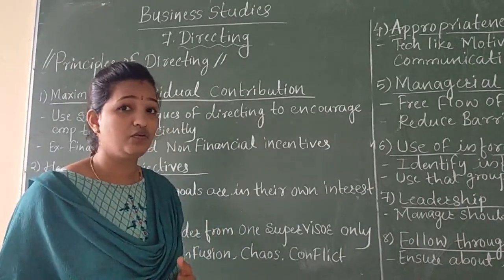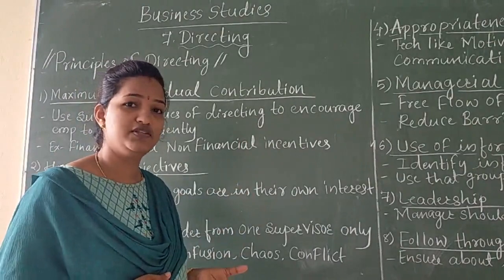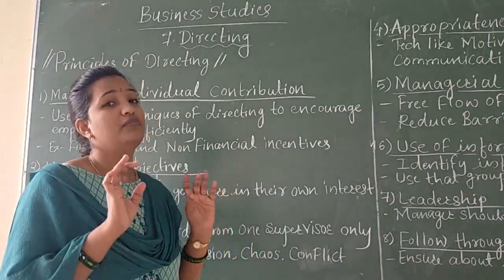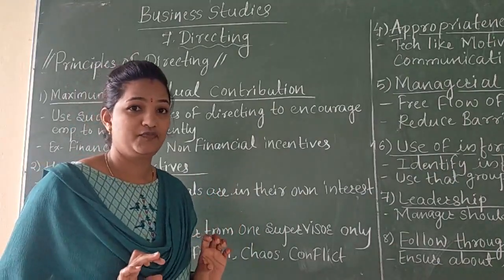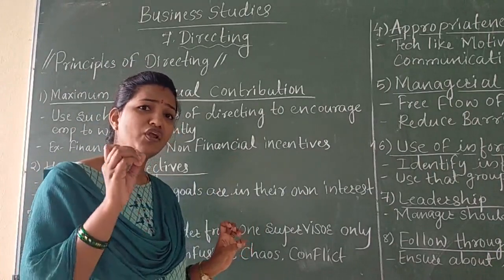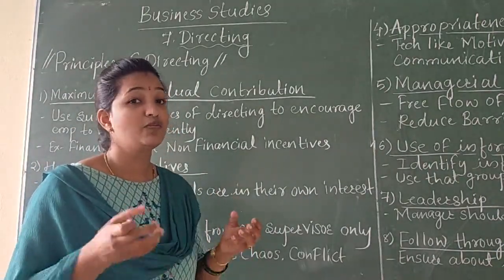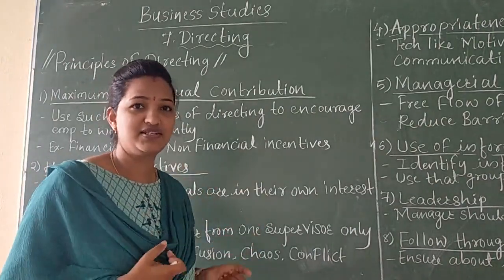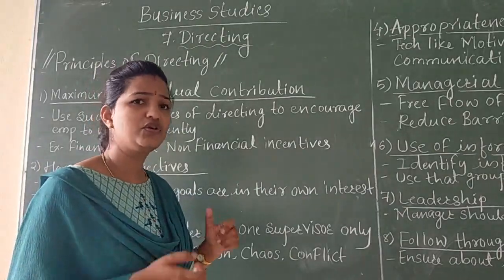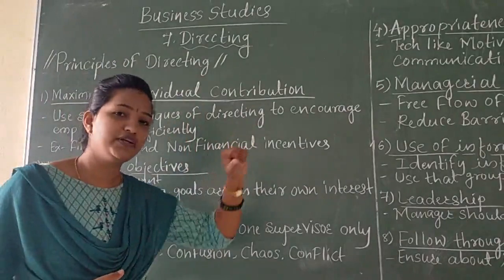Some employees want security within the job. That is the non-financial incentive. I don't want extra money. I am satisfied with my job, but my job should be secure. You should not remove me. You should not make me unemployed. So some employees want like that. Some employees want a retirement facility in terms of pensions. That comes under the financial incentives. So there are different types of financial and non-financial incentives. We will complete it after this.